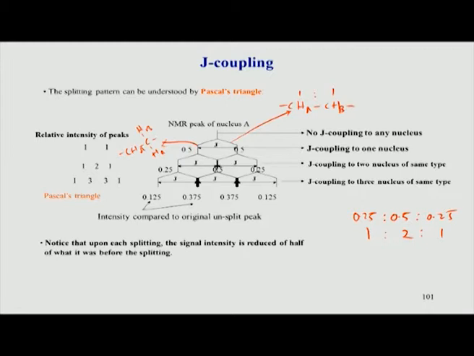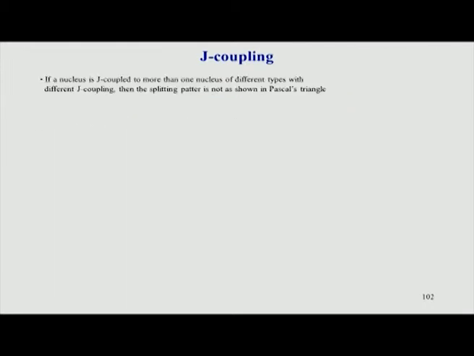So, we can continue with J coupling today and see what the more important points about J coupling are, and how they can give us information about structure and so on. One thing is that what we saw in the previous slide is that the hydrogen atom A had the same coupling value to the different hydrogens. That is why the n+1 rule is applicable, but that is not always the case.